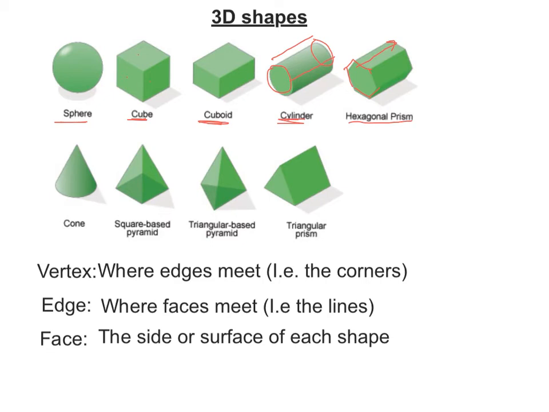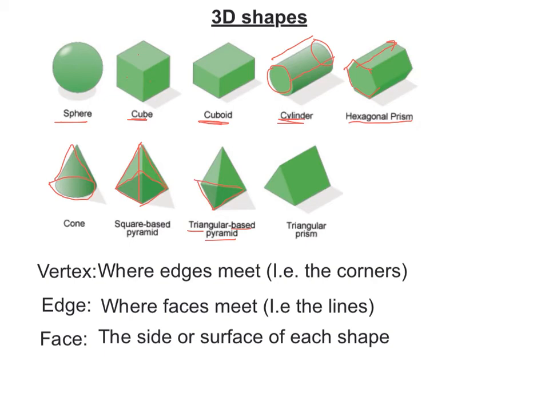A cone, where you have a circular base, and then it goes up to a point, like an ice cream cone. Similar to it is a pyramid, which in this case has a square base, and then each of the corners go up to a point at the top. You can have different sorts of pyramids. You can have a triangular-based pyramid, as we've got here. You can have a hexagonal-based pyramid. What it means is that you have a base of one shape, and then they all go up to a